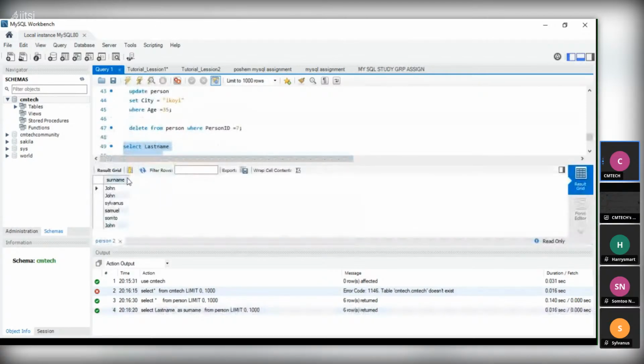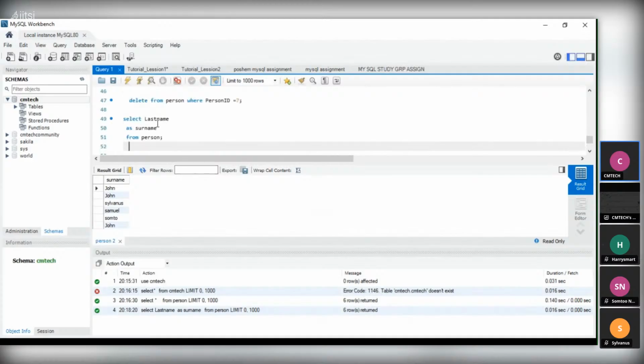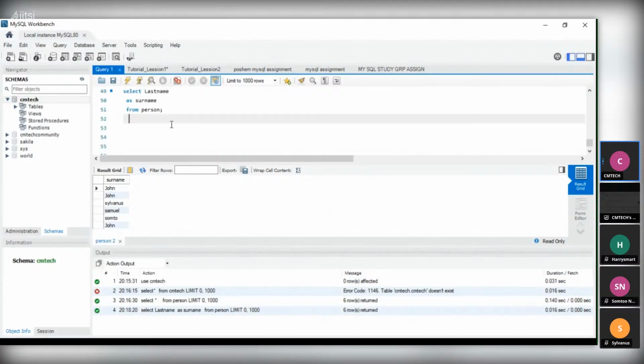Now did you see? I have automatically replaced the last name with surname. I believe you saw it. There's the surname now. Yes, sir. It's an alias. This is the way you create an alias. Now you can create an alias